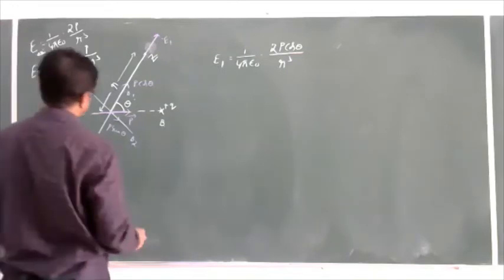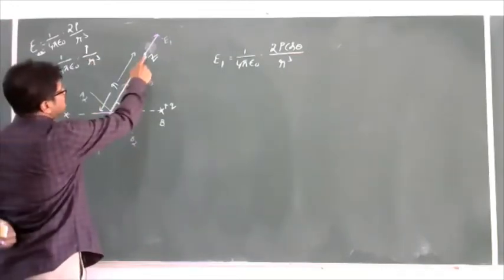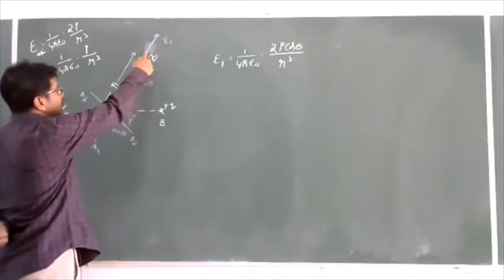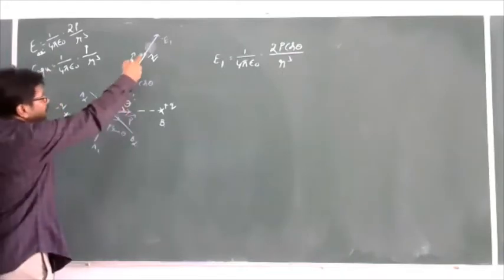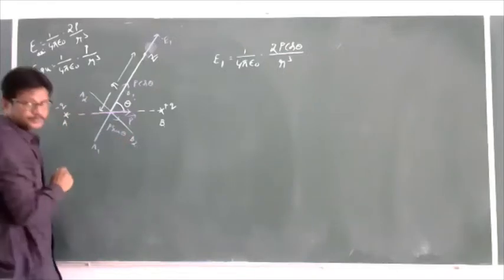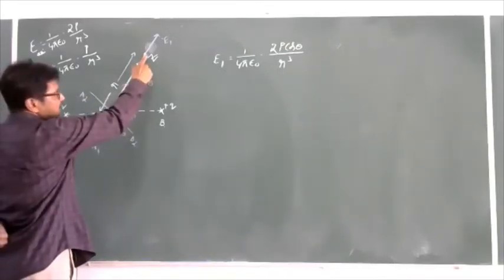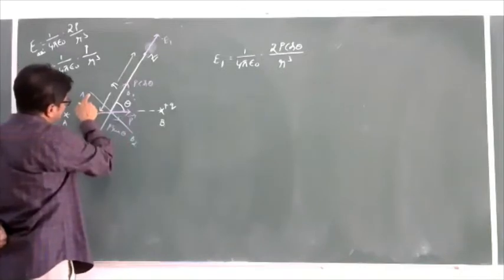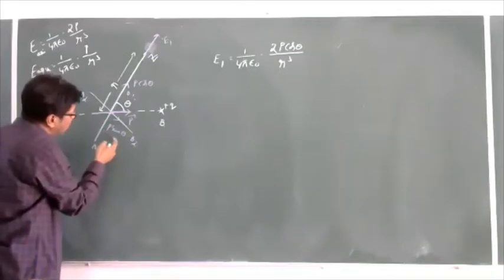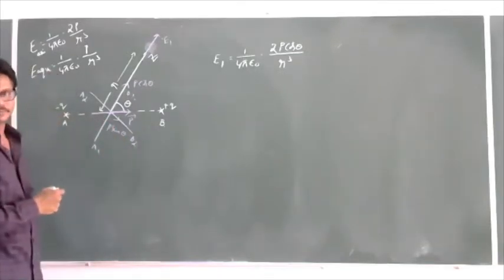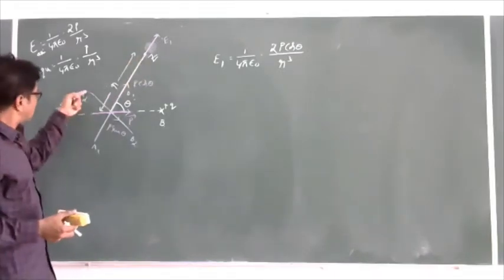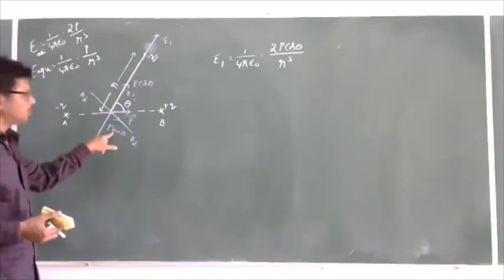Next one. The same point Z will be on the equatorial line. This is the equatorial line. Equatorial line for what? Equatorial line for this dipole A2B2. So this point Z is on the equatorial line of dipole A2B2, whose dipole moment is P sin theta.